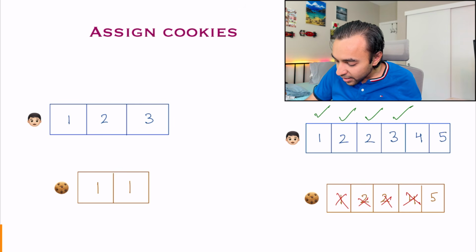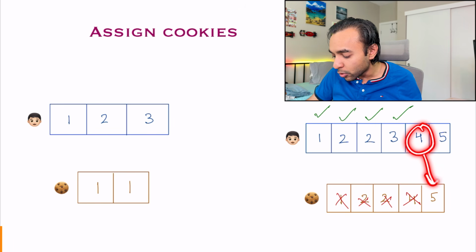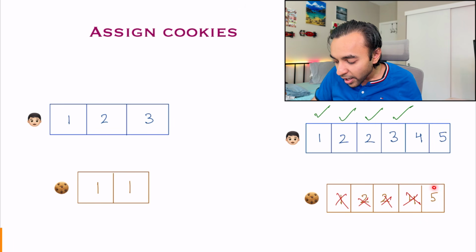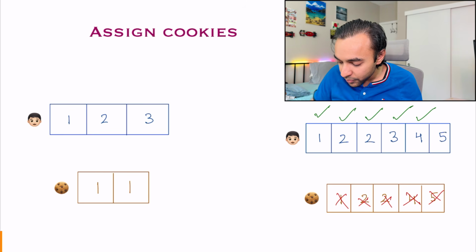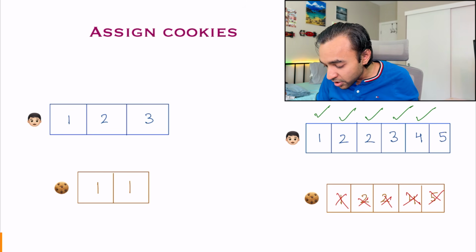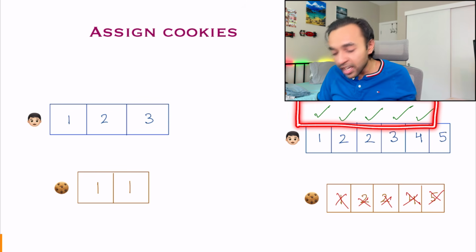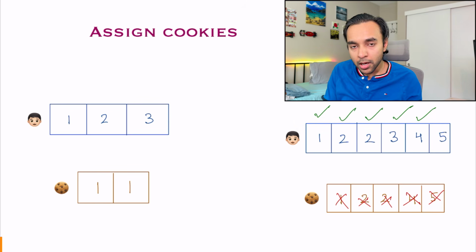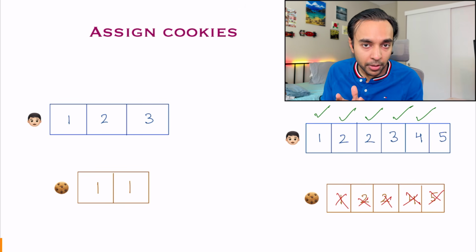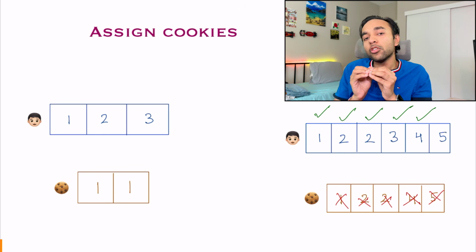I cannot take the remaining cookie and give it to another child. For the next child, he has a hunger of 5 and I have a cookie size available of 5. So I can give it to the child. This cookie is gone and this child is happy. So with the greedy approach, I was able to satisfy 5 children and I gave them the cookies that they needed. So this is how you can come to the solution. But the important thing over here is